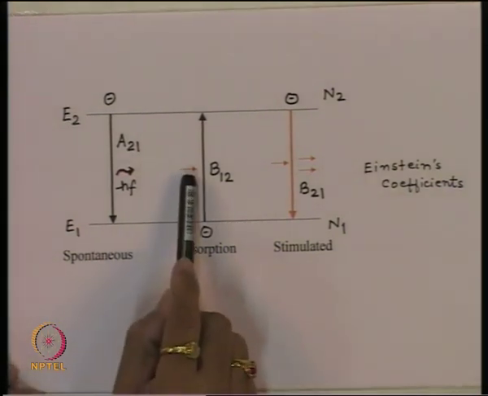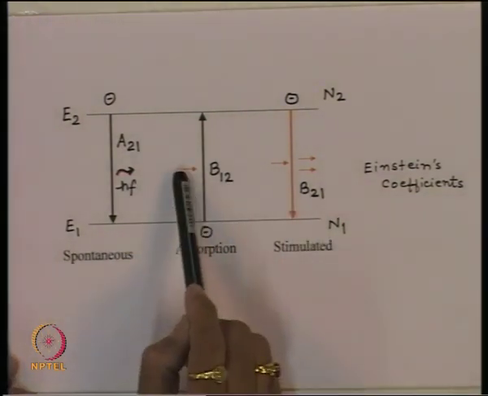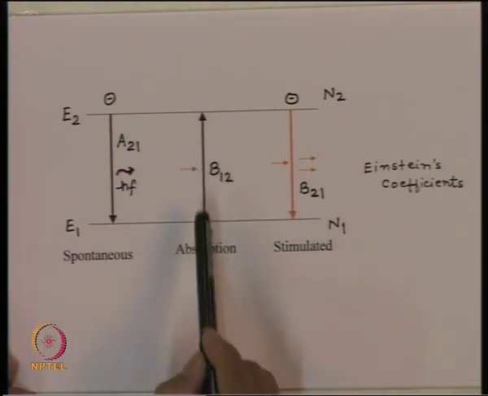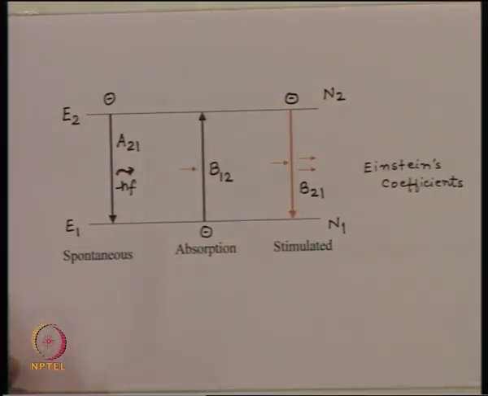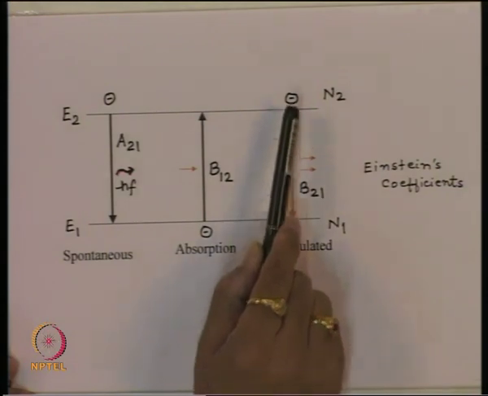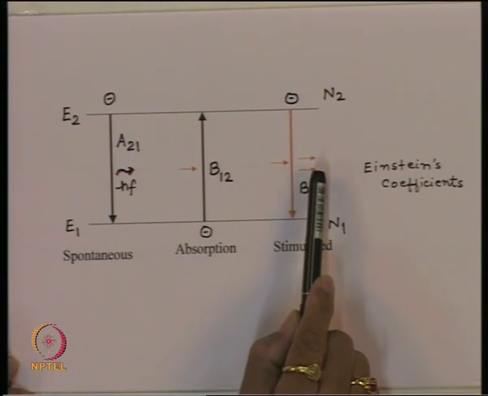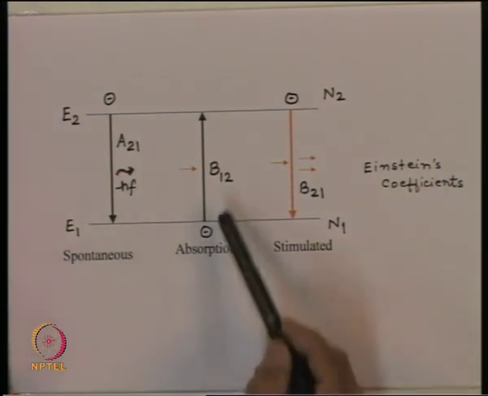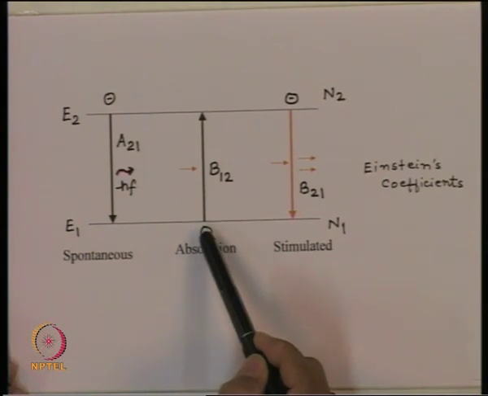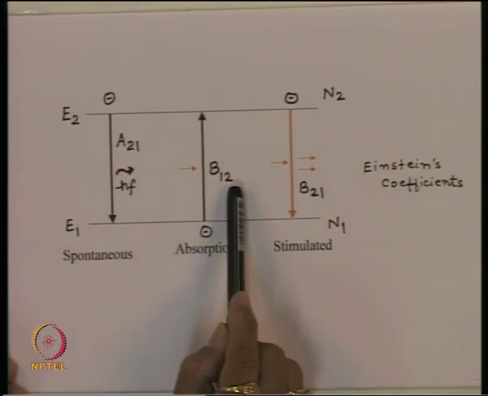Whereas if a photon is incident on this system, then there are two possibilities. Either the photon can be absorbed by the material and the energy of the photon can be given to the electron, which makes a transition upwards, or the photon can force an electron to make a downward transition and to emit another photon which is in complete coherency with the original photon. And these probabilities of transitions, upward transition and downward transition, were given by these constants B12 and B21.